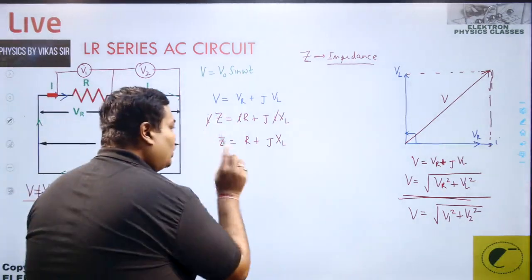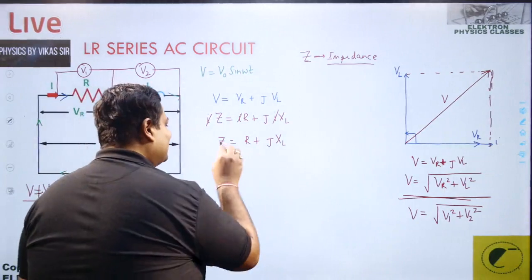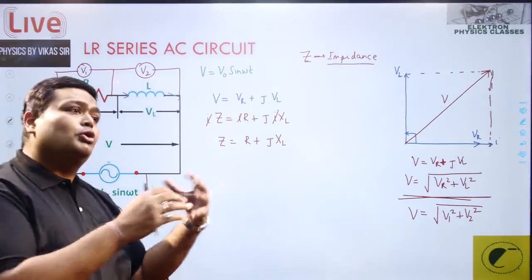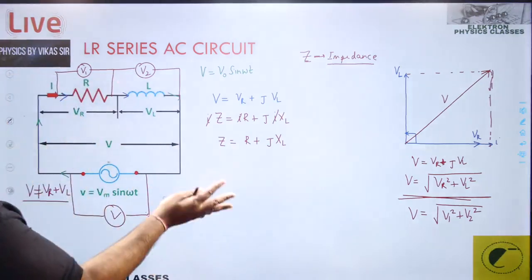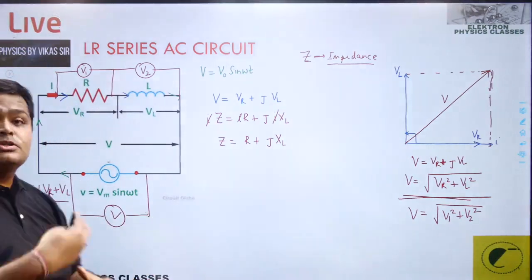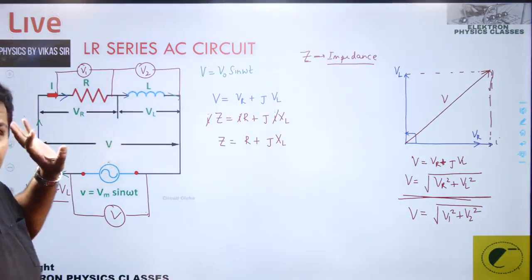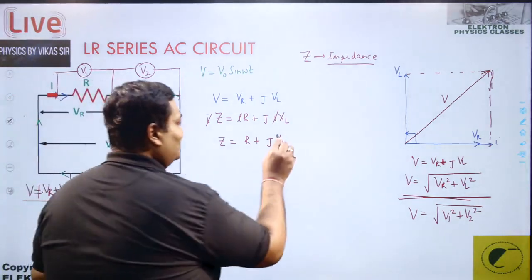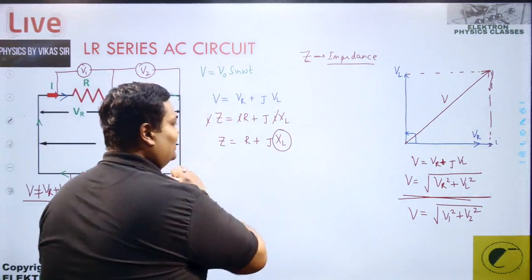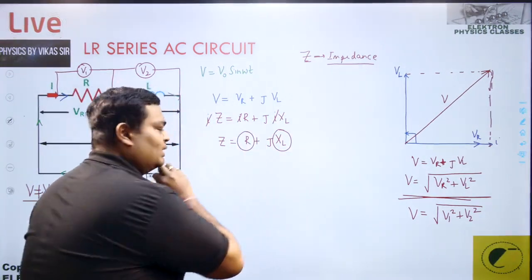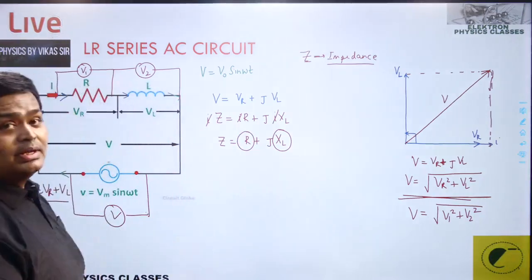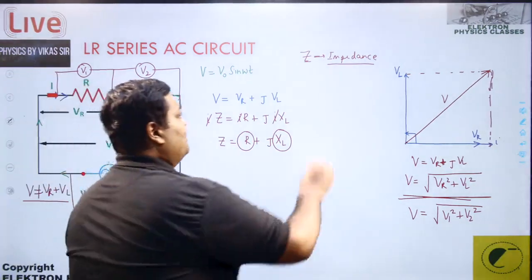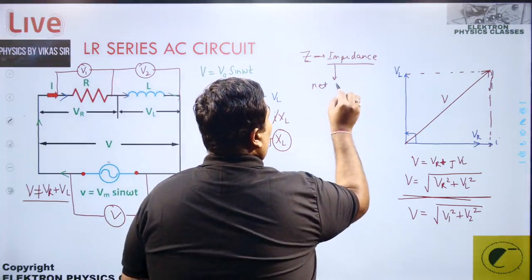Now, what do we learn from here? That Z is known as the effective opposition to the flow of AC by the combined electrical components. अच्छा, उसमें से कुछ पार्ट रियल है, R is a real part, कुछ पार्ट वर्चुअल है, inductor is a virtual part. XL is the opposition by inductance, R is the opposition by the resistance, मतलब रेजिस्टर. So what is Z? It is a net opposition by them combined. So the impedance is the net opposition